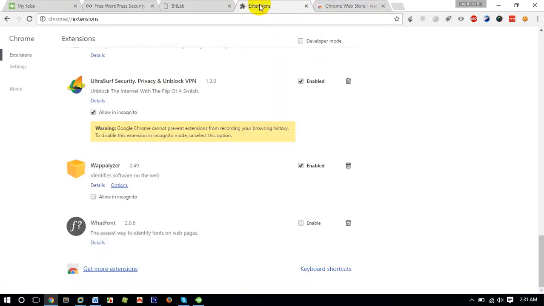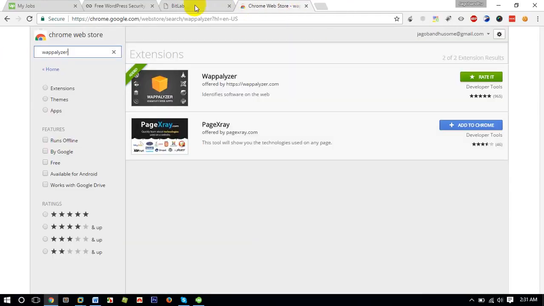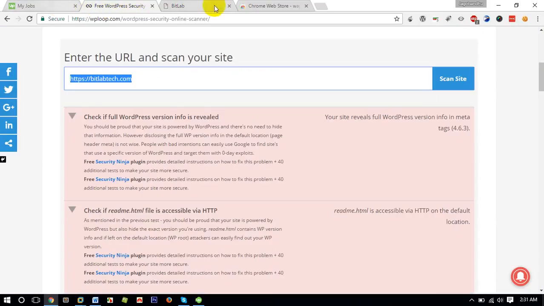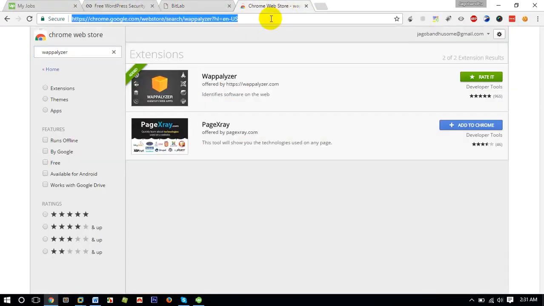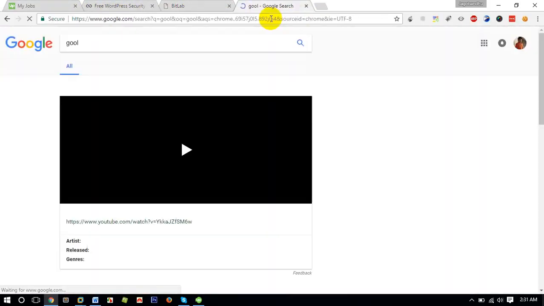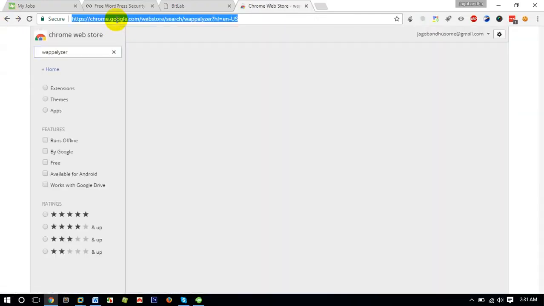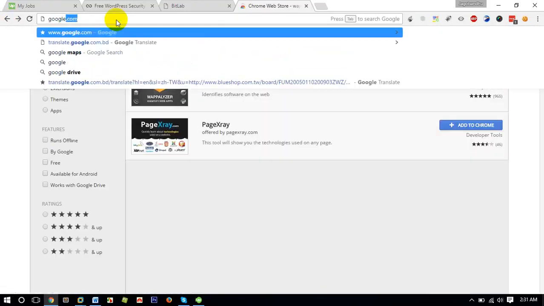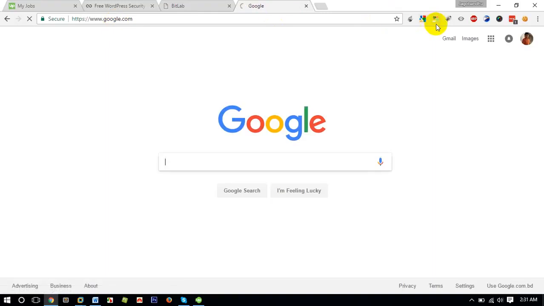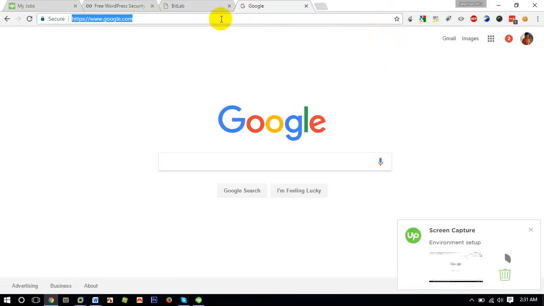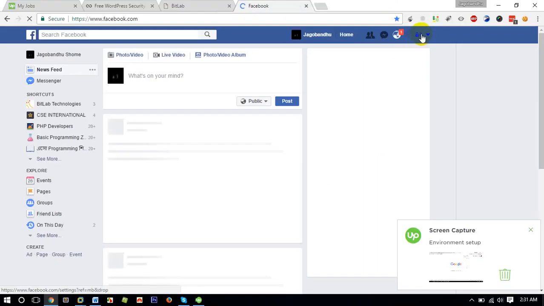This works not only for WordPress, it also works for other sites, just like google.com. See here, it's showing that the server is running on Google web server. Also some Facebook, if we visit